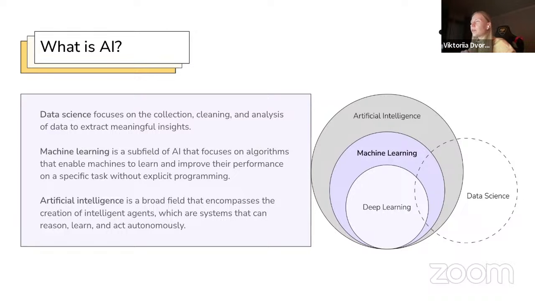Taking as an example, if you want to create a robot, this will definitely be artificial intelligence. The robot, for example, will analyze which animal it sees and understand whether it is a cat or a dog or something like that. So it's really an artificial intelligent system. Speaking about data science in all of this, it gives you a foundation